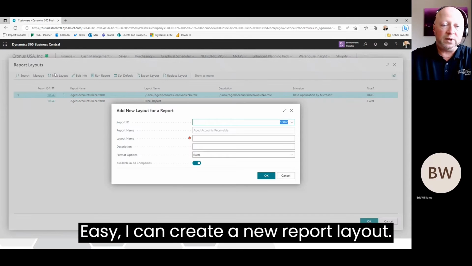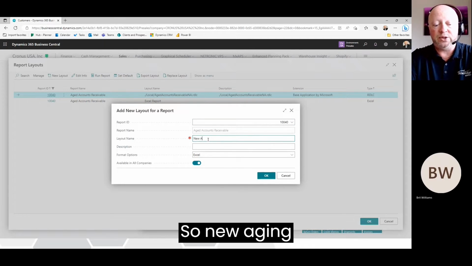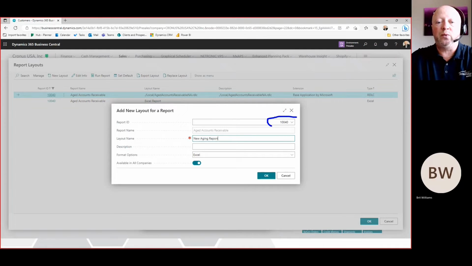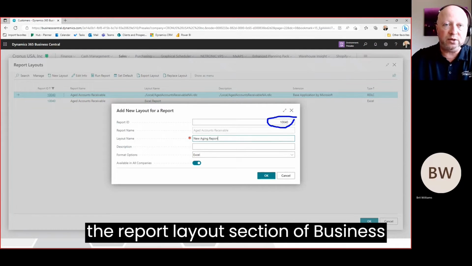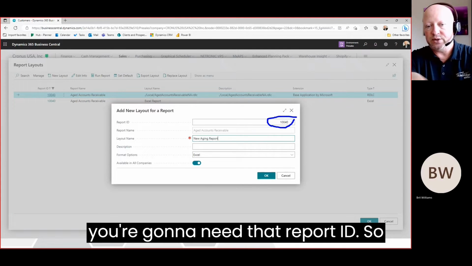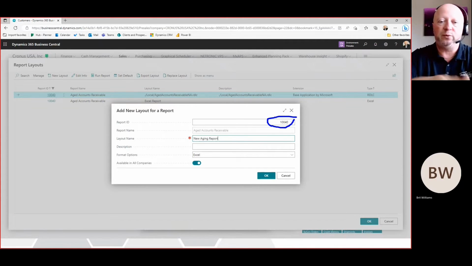Creating a new one's easy. I can create a new report layout. So, new aging report. Just a note, if you go to the report layout section of Business Central to do this, not from the report, you're going to need that report ID. So you're going to need to know that in the case of the aged receivables report, it's